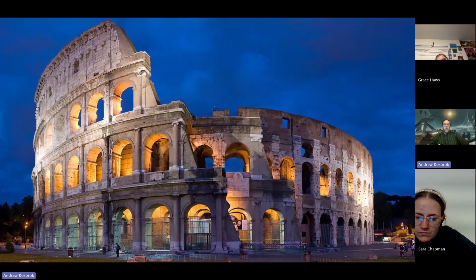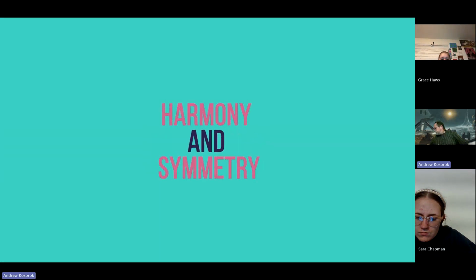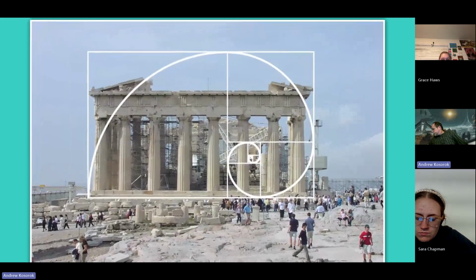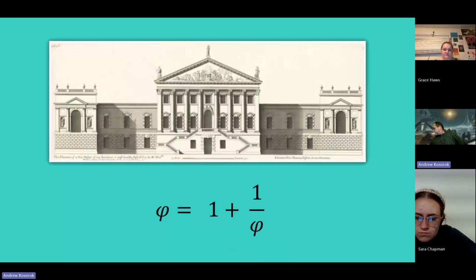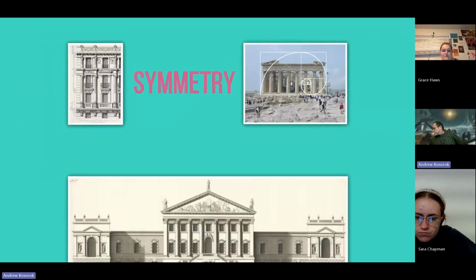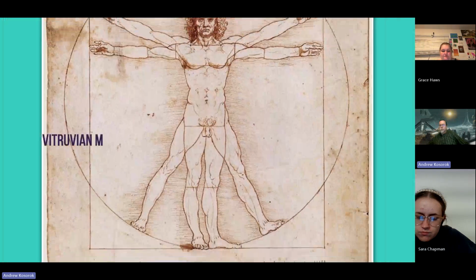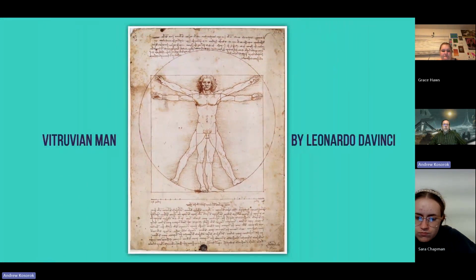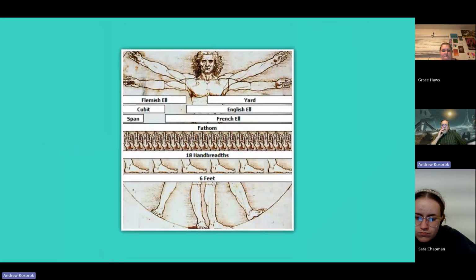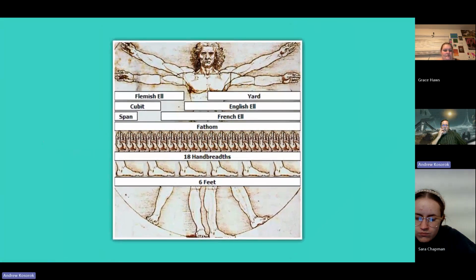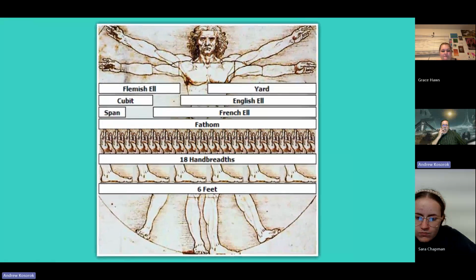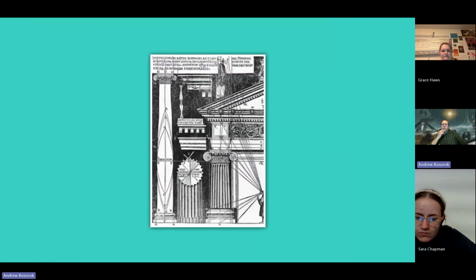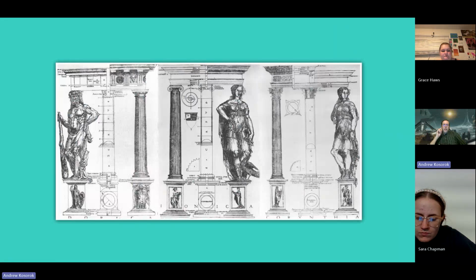The third and fourth principles are harmony and symmetry. These 2 principles are connected and each move the project towards beauty. A beautiful design should have its height suited to its width and length. Symmetry is the relational beauty between each element of the design. The Vitruvian Man by Leonardo da Vinci is inspired by this concept. In order to explain symmetry, Vitruvius used the human body analogy, where harmony and symmetry are found between the forearm, foot, palm, finger, and all the other body parts. And the same concept applies to the perfect building.